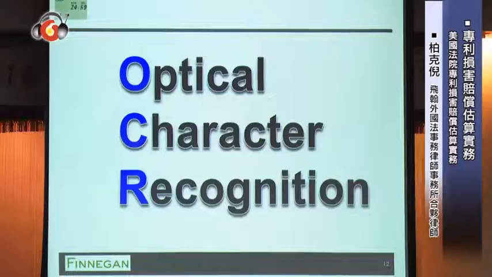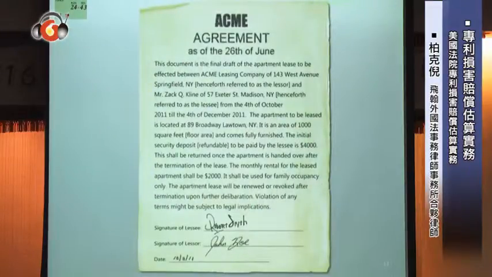But you need to understand what optical character recognition is in order to understand the damages that Nuance claimed to suffer. Optical character recognition comes into play when you have an old document and say you want to take this contract and revise it for another deal that you're making. You may want to change the names of the parties, you want to change the dates, you may want to change something in the contract. You have a choice. What you might do is you might just hand this to your colleague or do it yourself and type the contract in yourself into a computer, into a word processing program. That takes a lot of time. It introduces the possibility of a lot of errors. And you might want to look for a way to automate that process.